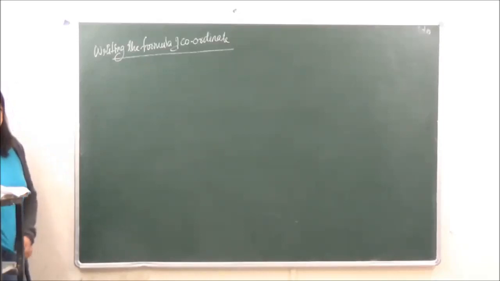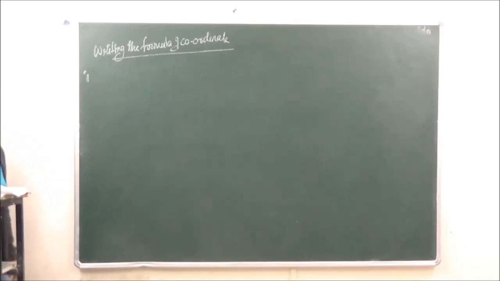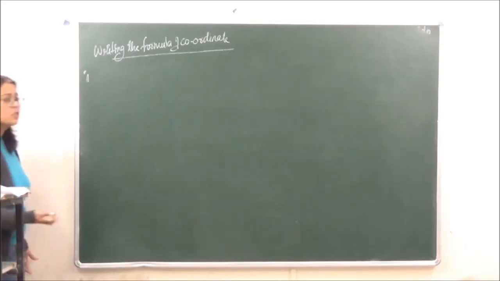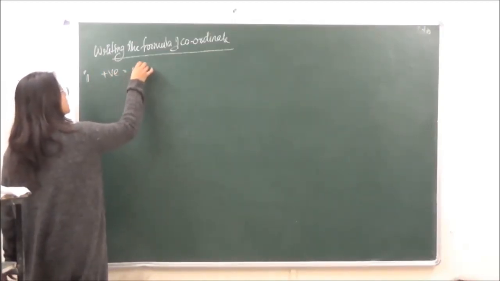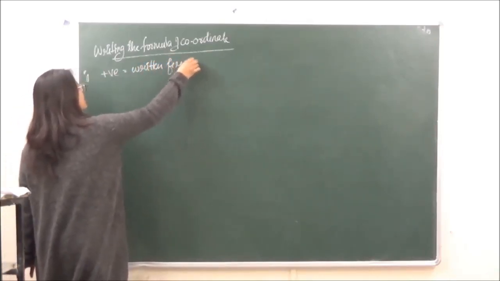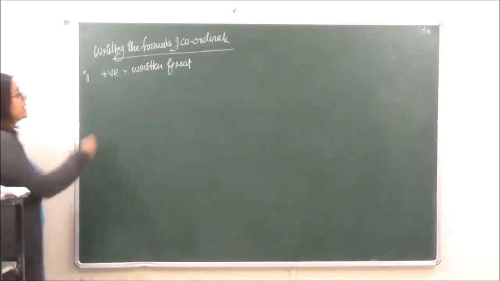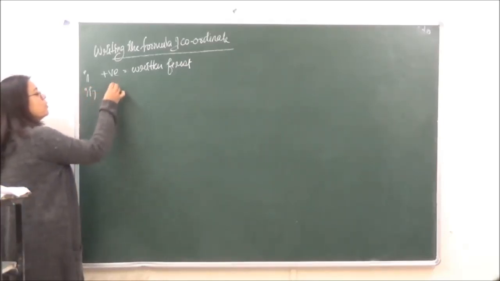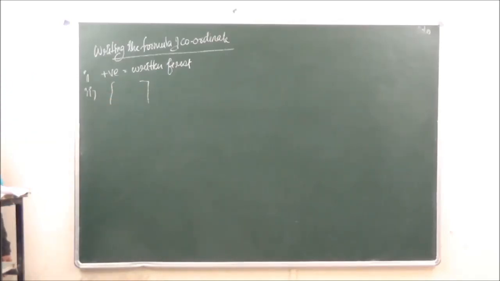Now we want to follow certain rules. First rule is the formula of the cation is always written first, whether it is a coordinate entity or a normal counter ion. So the positively charged part will be written first. Okay? Then the coordination sphere is written in square brackets. This we already know. The coordination entity is going to be written in square brackets.